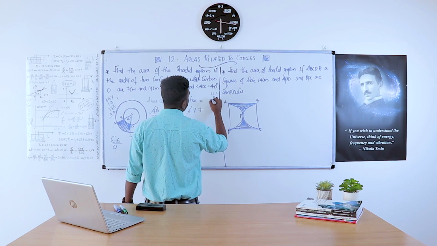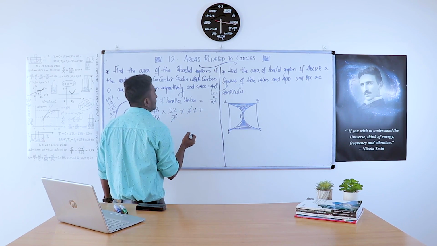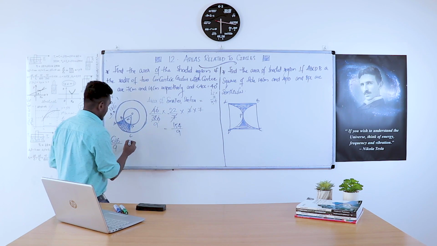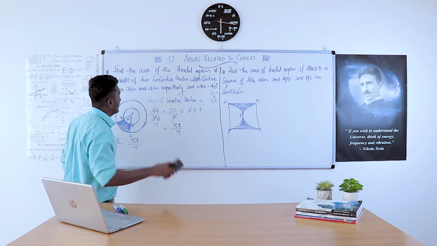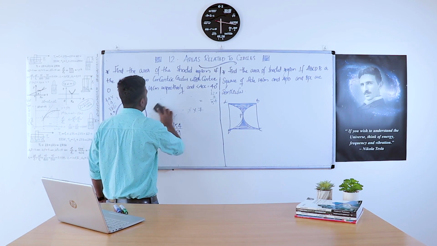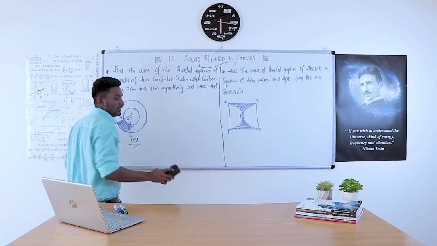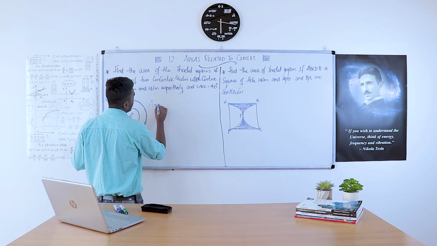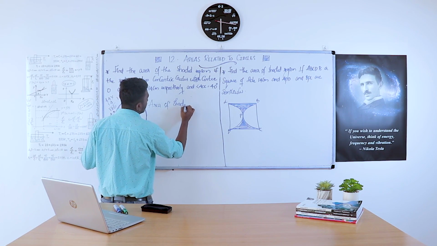22 into 7, 7 into 2, 14, remainder 1, 72, 14 plus 1, 15. 154 divided by 9. So I am just marking it as 154 divided by 9. So the difference of these two gives the area of the shaded region. Area of shaded region,